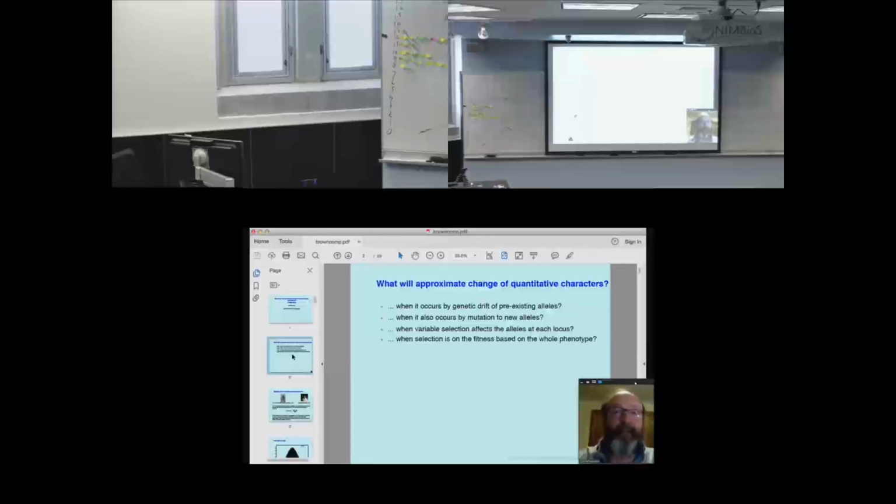And the selection could either be at the level of selection on individual loci that averages out to produce an effect on the quantitative character, or selection on the phenotype of that very character. It isn't necessarily true that the character that you study is the one that natural selection sees. That's an issue that I don't think has been raised very much yet in the quantitative genetics literature. We've tended to act as if the characters that we see are the ones under natural selection.